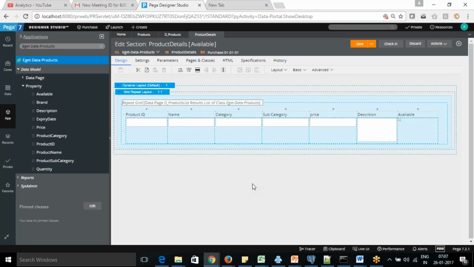So what you did here is we took the dynamic layout view, and then we said product details, right? So you created a data model called product detail. I mean, yes, this is a section, the section UI. This is a rule within Pega, a section rule. Section rules are the UI rules, which is actually going to be the user display.